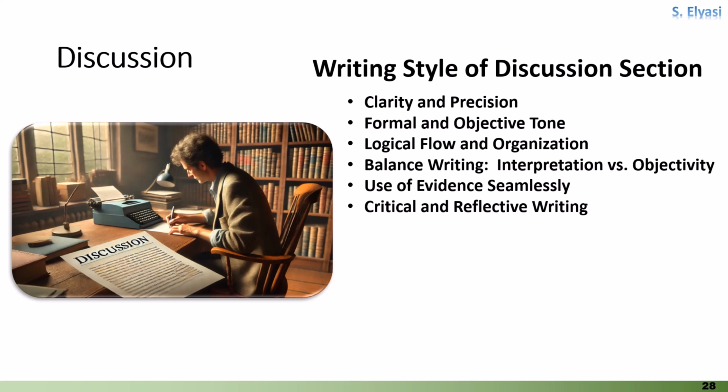Moderate hedging is essential in scientific writing, particularly in the discussion section, to avoid presenting interpretations or implications with overconfidence. Use phrases such as "may suggest," "could indicate," or "is likely" when the results are not conclusive, ensuring a balanced tone. However, avoid excessive hedging, which can weaken your argument. For example, instead of saying "this might perhaps indicate," select the more balanced "this may indicate."